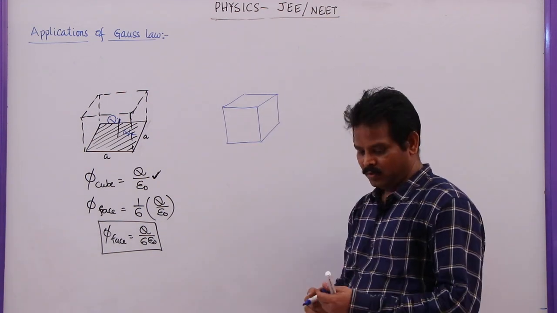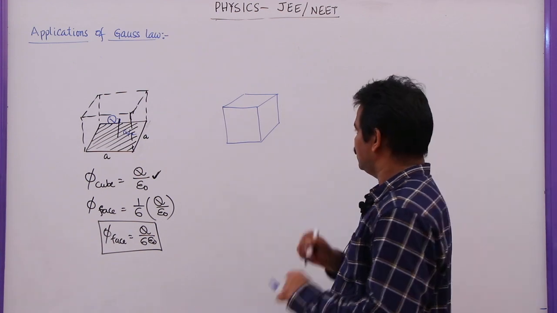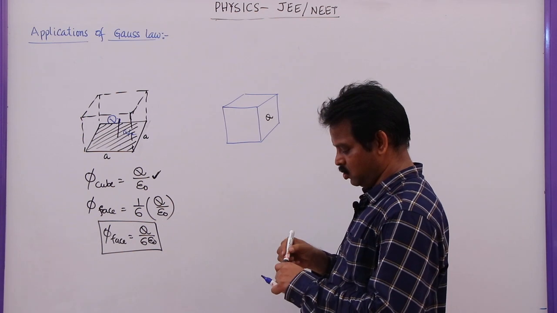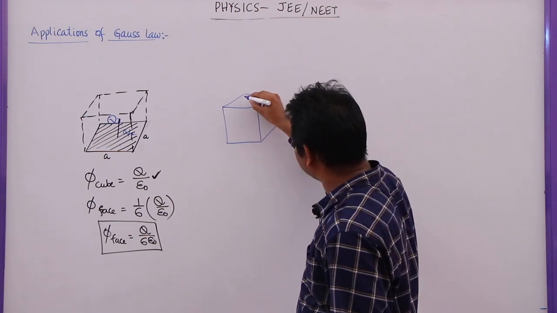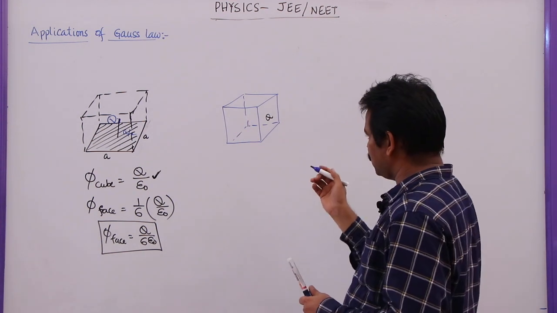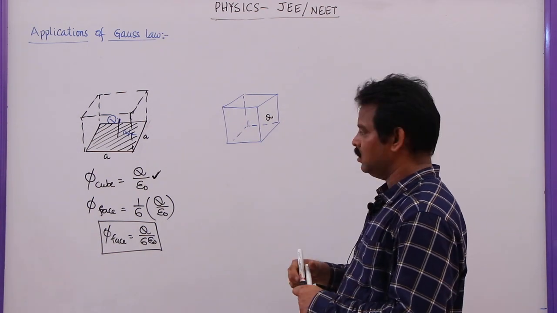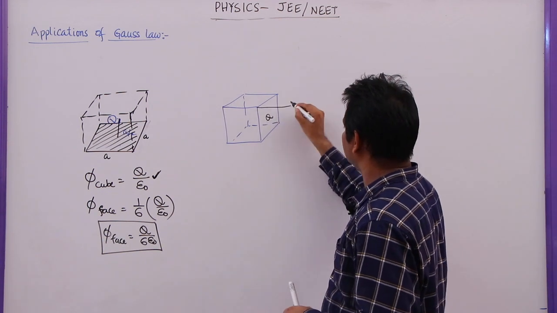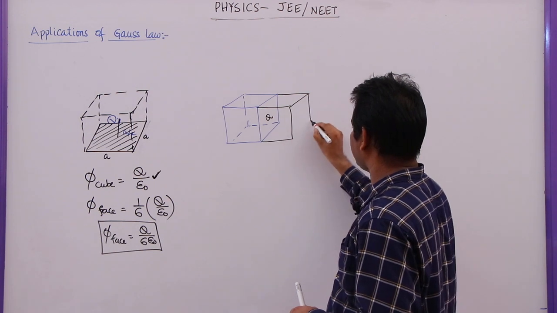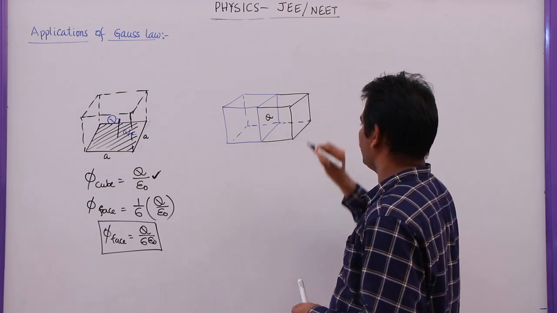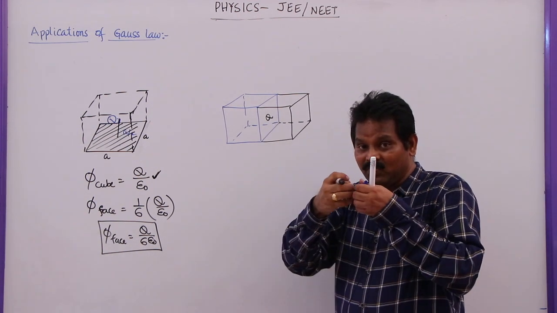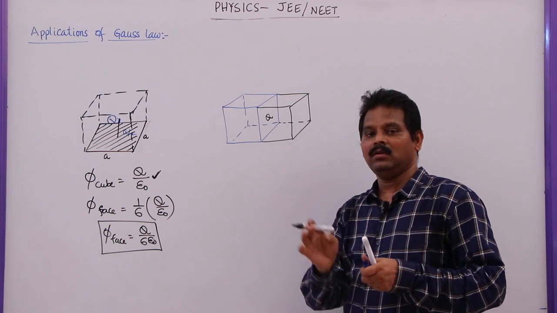So this is a cube. Now I placed a charge on the face of this cube. Now you can say this cube is not enclosing the entire charge here. This is enclosing only one side. Now if you keep one more cube here on this side like this, one more cube here, now what happens? Now this charge q is in between the two cubes and it is enclosed on both sides.